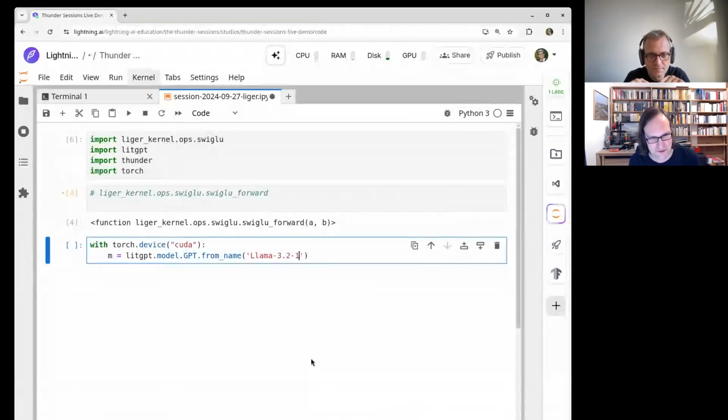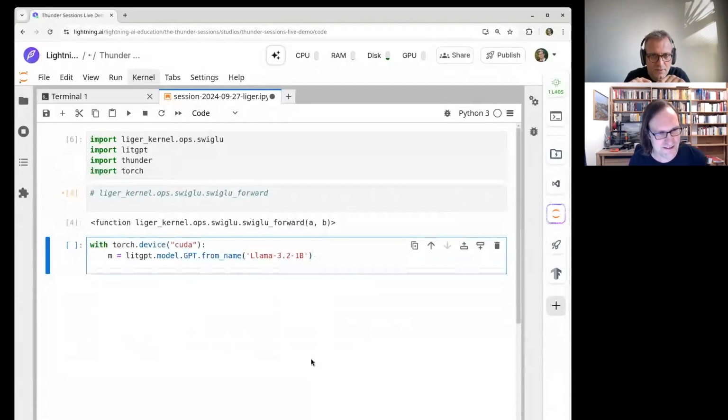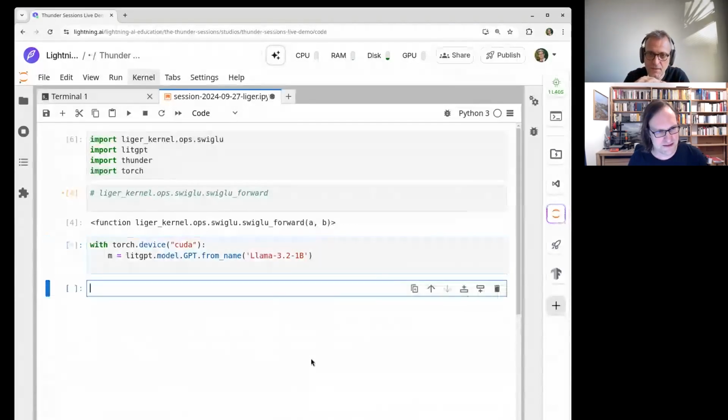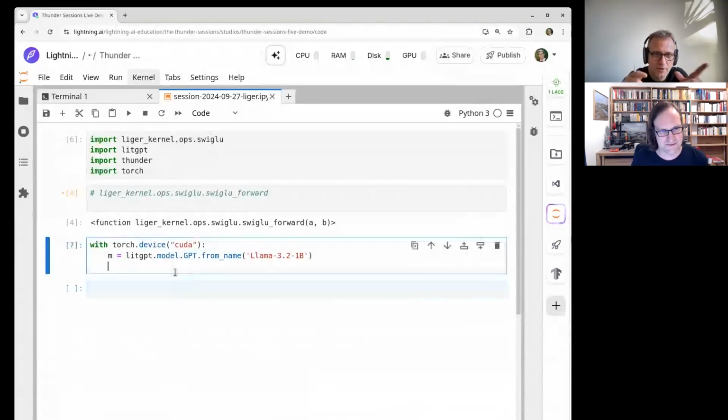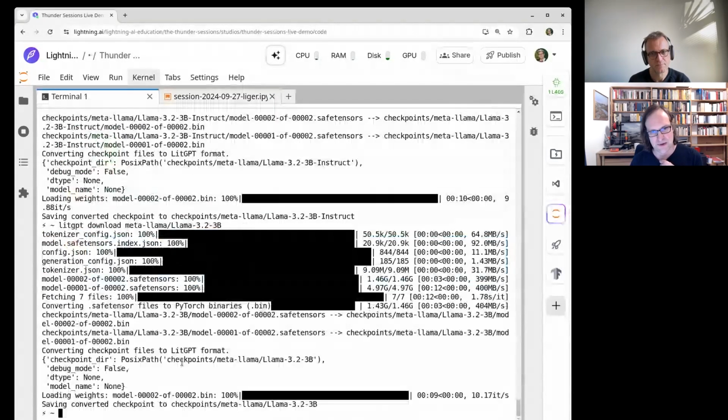Llama 3.2 1B, I think that's it, right? The org, I think, is like meta-llama slash, no? The prefix, do I need this here? No, it works, because you already have the checkpoints here, right? Yeah, so it's not the name I need to download the checkpoint with the meta-llama prefix, but just for the model structure, it's like this.